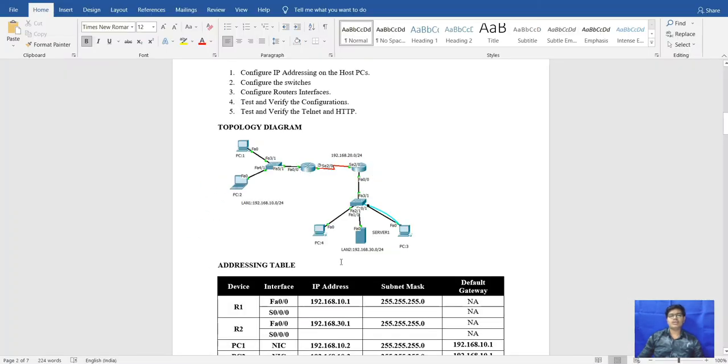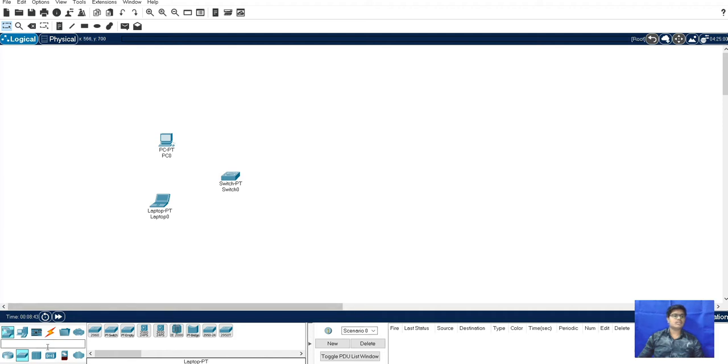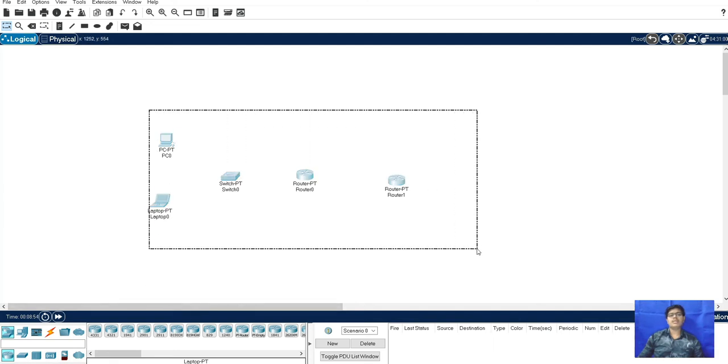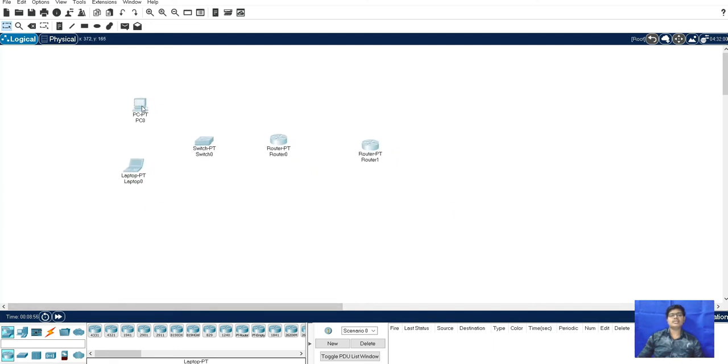Next, we will need two routers. For that, we go to routers and take the PT router, Packet Tracer router. So one router will come, and next, another router will come here. We will move this slightly up for easy configuration.